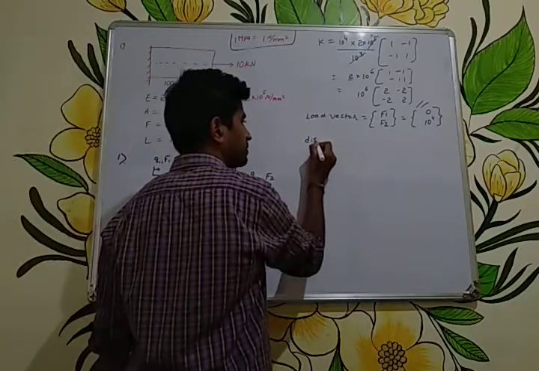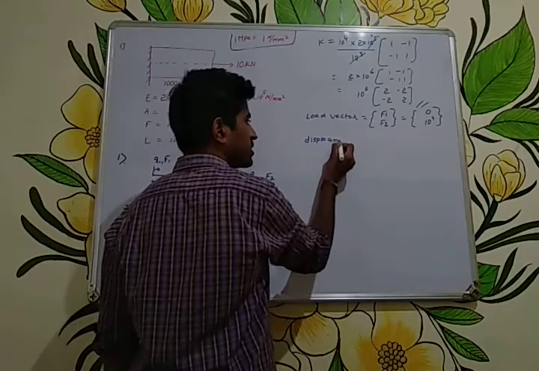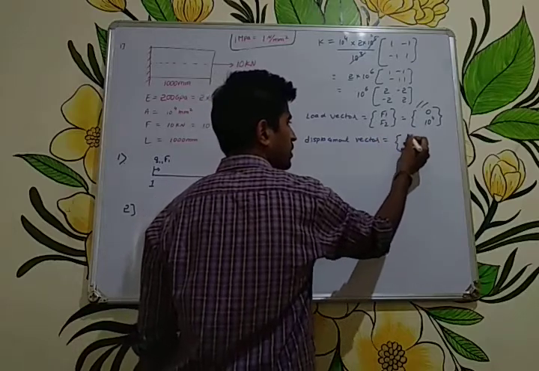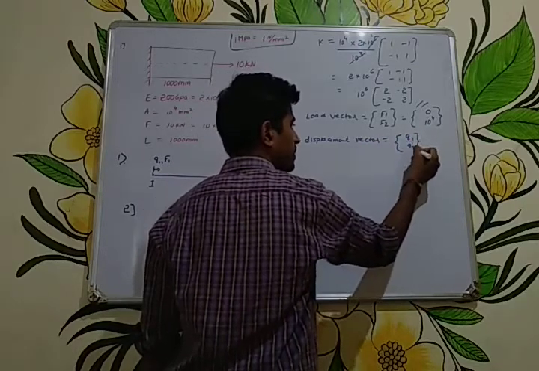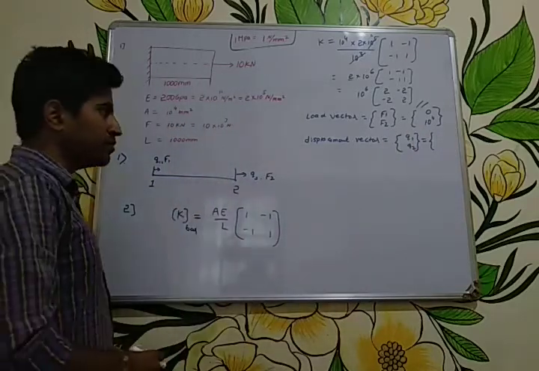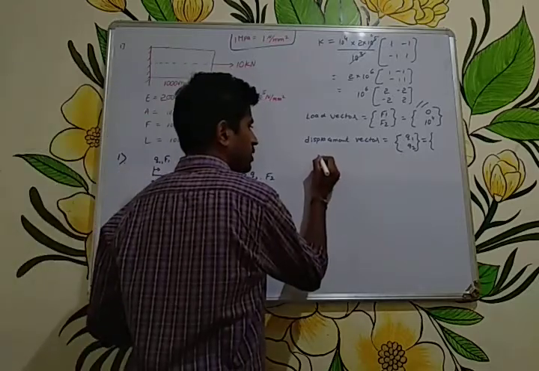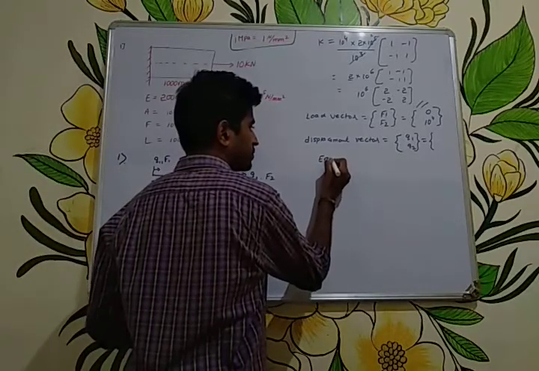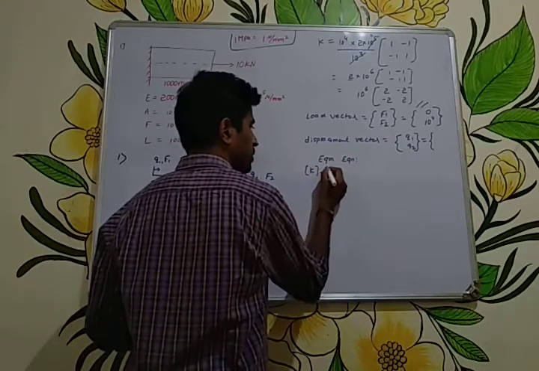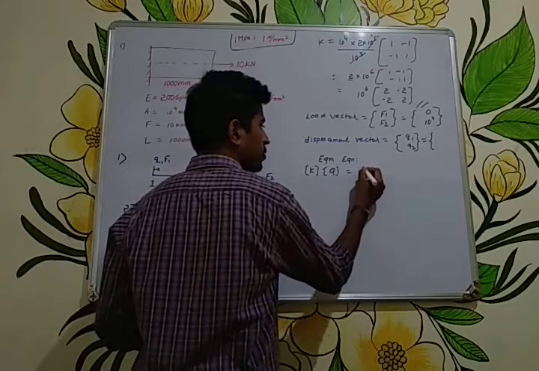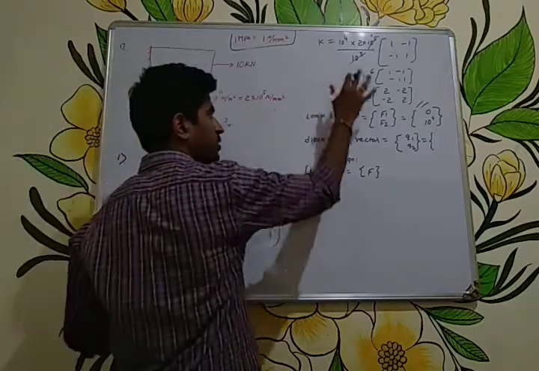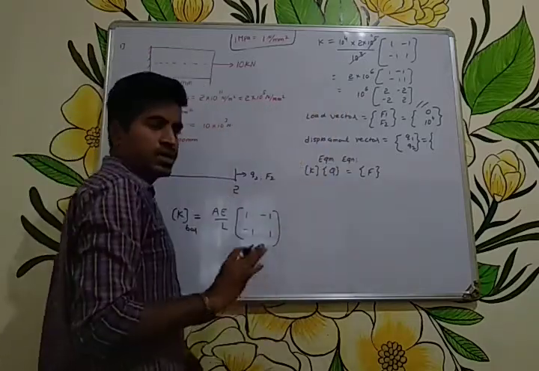Then displacement vector. So these all we have discussed in the steps involved in FEM, okay? Just go through it. And here we have only two displacements, Q1 and Q2, that we need to find out. So now let us go through the equilibrium equation, which is K into Q is equal to F. So this is the equilibrium equation. Just substitute all these values in this equation, you will get the displacement equations.